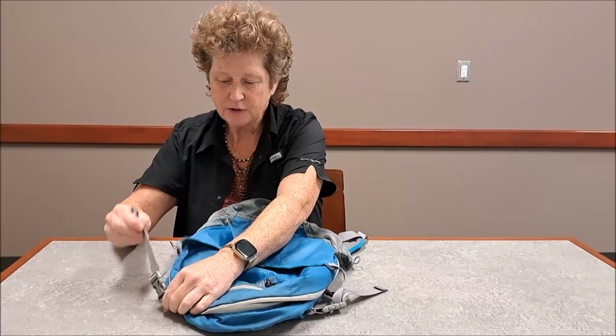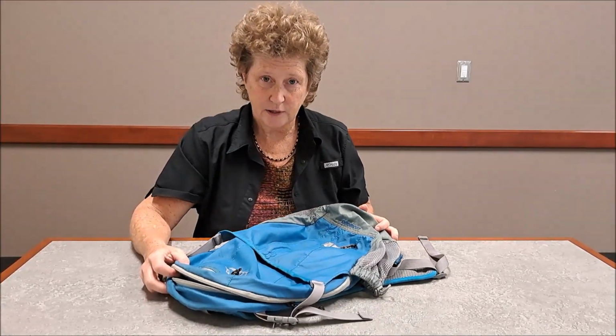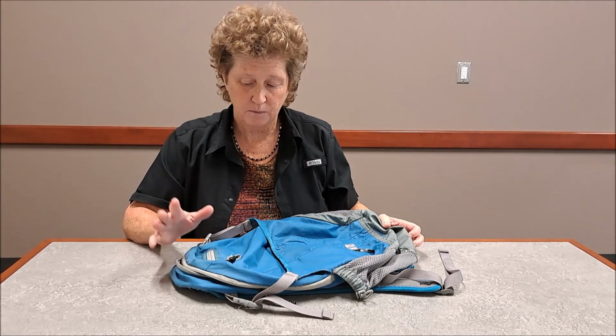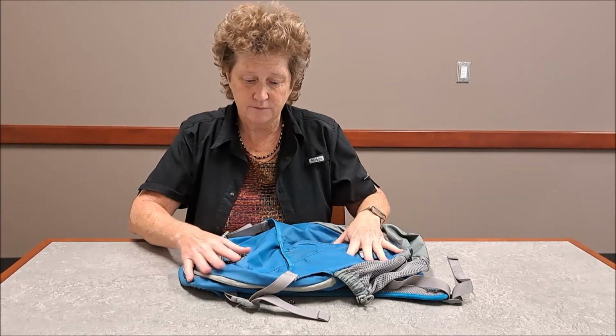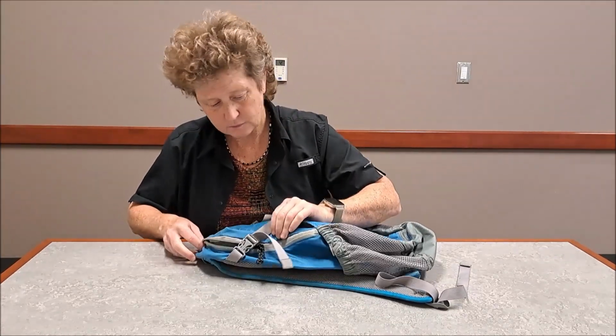And now this does lead me to another point of this bag. Some people find this a deterrent for a bag like this. I find this particular situation an asset. There are going to be times when I'm going to be on crowded trains and all different sorts of situations, maybe a very crowded street situation, and this is not an anti-theft bag. However,